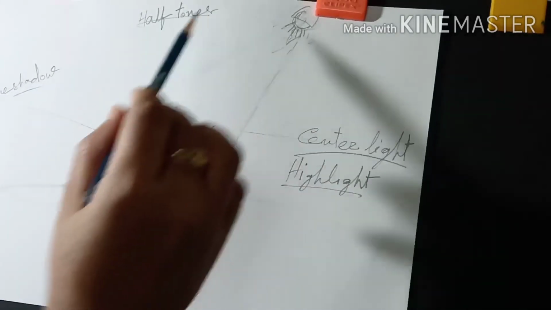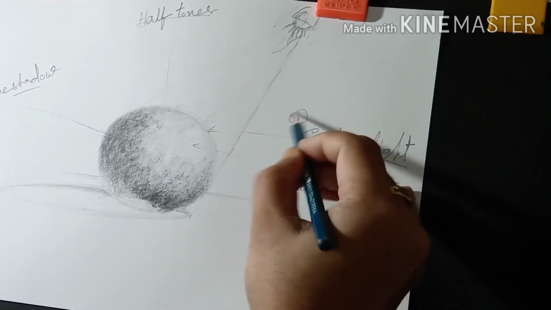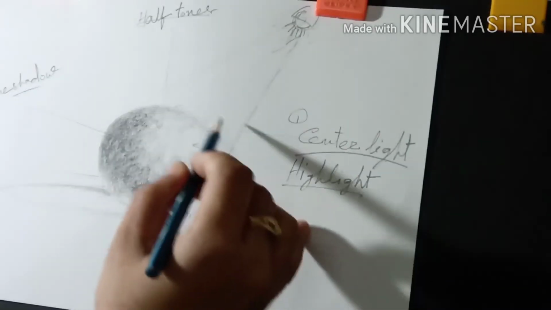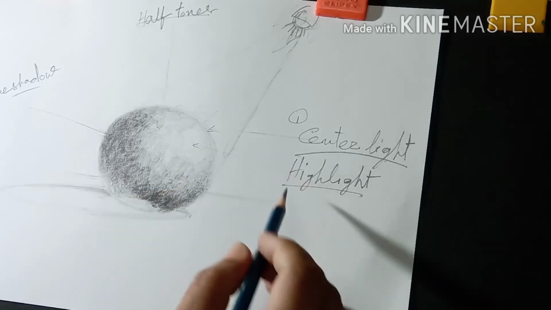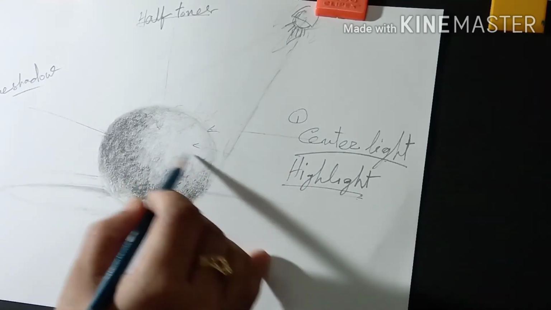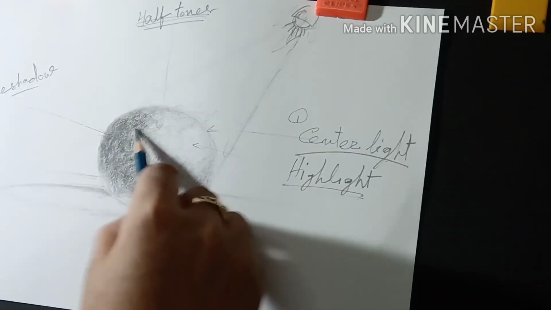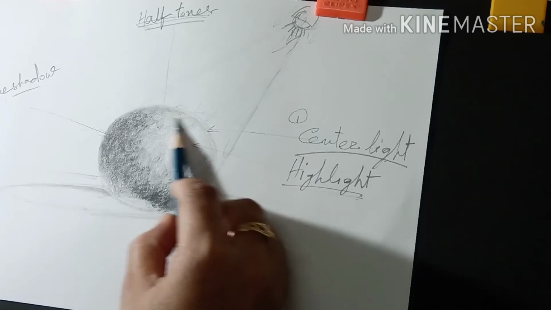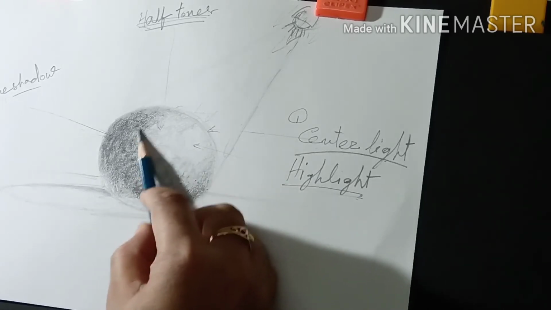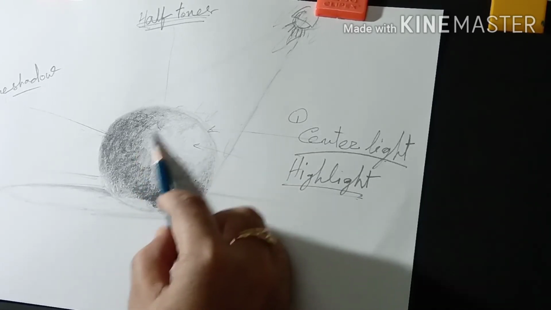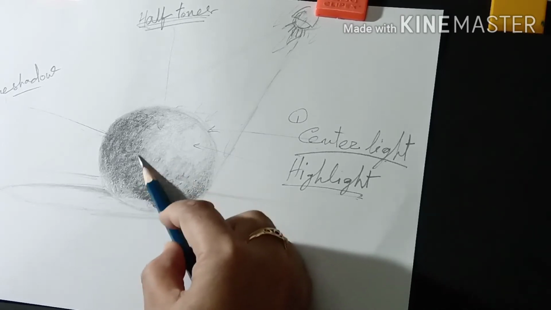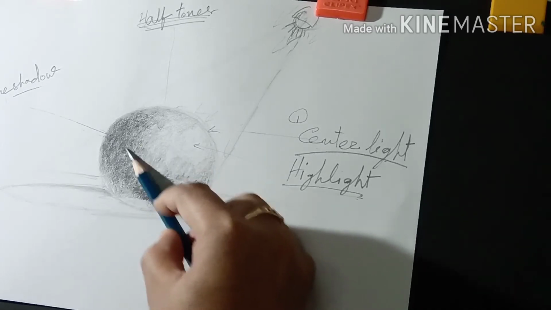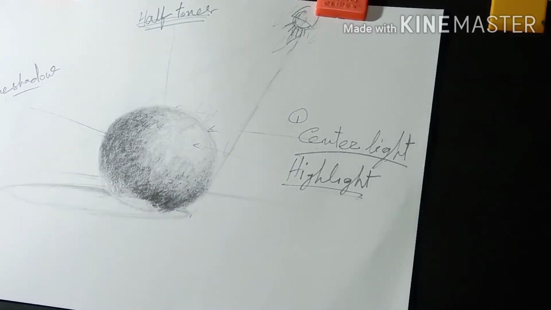Core shadow. So the first one is the center light area, which we already created. The highlight area we can also see in this picture, and the half tone area, where the core shadow and center light mix with some medium tone, is called the half tone area. We can also see it in this picture. Now next is the